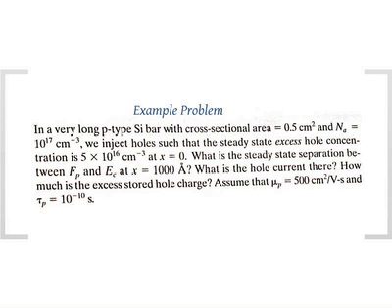Okay, so p-type, you're creating excess holes at x equals 0. What is the steady state separation between the Fermi level and the conduction band at x equals 1,000 angstroms? Okay, so this is interesting, and we'll look at the others later. So this is interesting, first of all, because